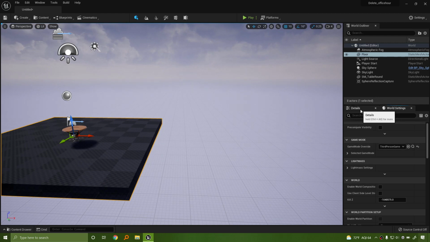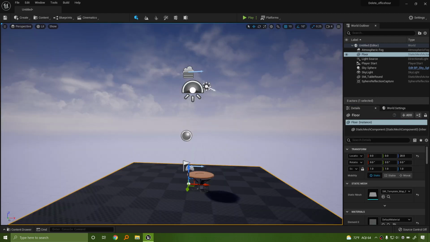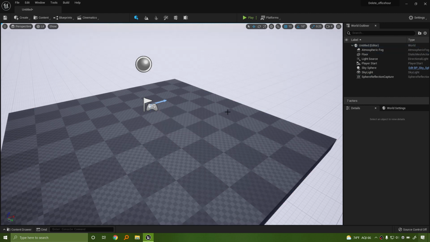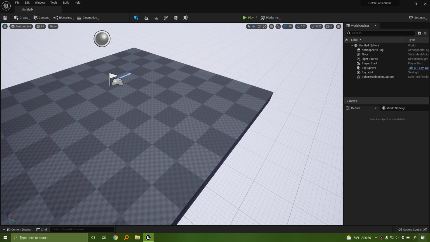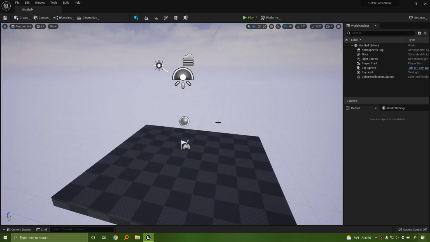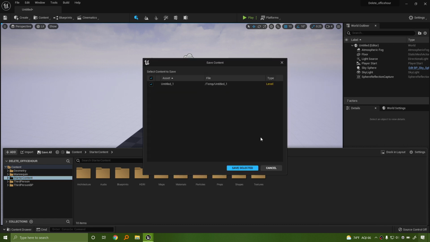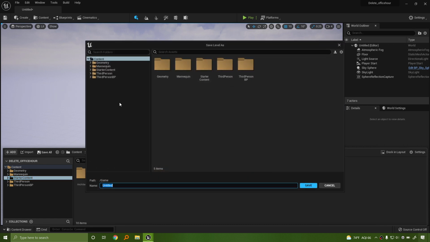Okay, let me go ahead and open up the details panel here. Okay, so that kind of shows how to add the content to the scene. The next thing that I do want to talk about, because other people were very curious about it. Now again, once you've added this, before I move on, once you've added the content, it's actually in your folder. You don't actually have to save anything. You can hit save all, but you see that it's just going to try to save my level. And it wants me to save my level.